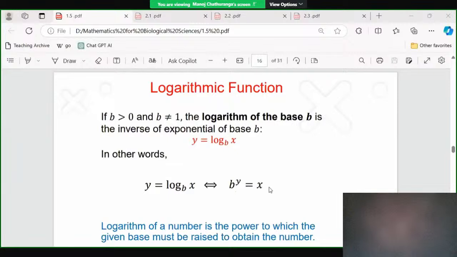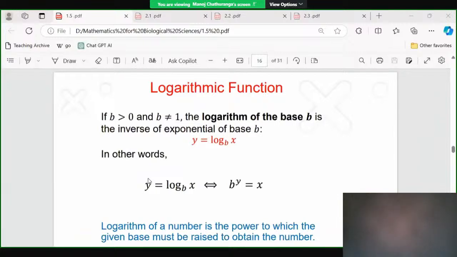If b to the power y equals x, then you say y equals log base b of x. So you can always change a log expression to an exponential expression. There is a way to interchange between logs and exponentials. Because of this interchanging rule, you can turn log equations into exponential equations and solve them using the rules that we know through